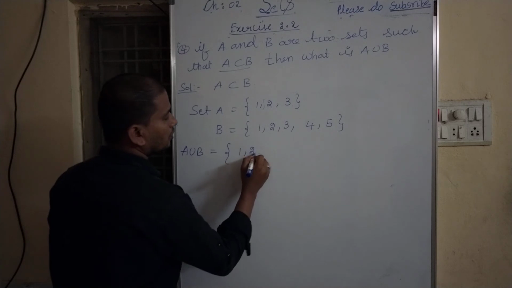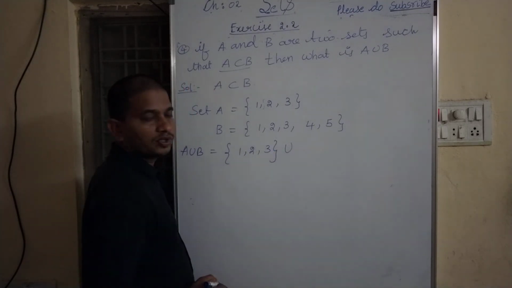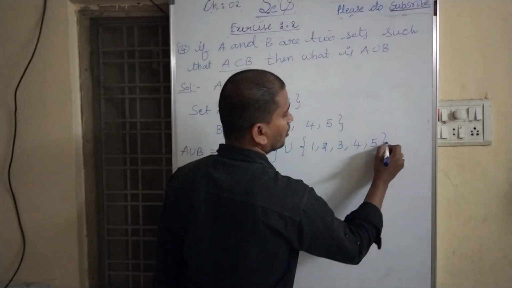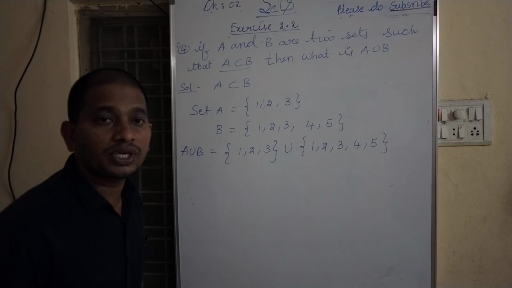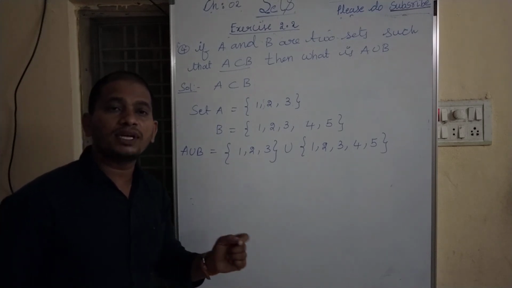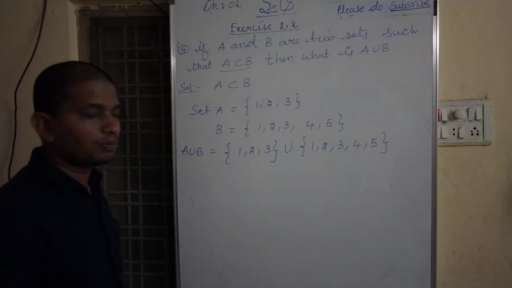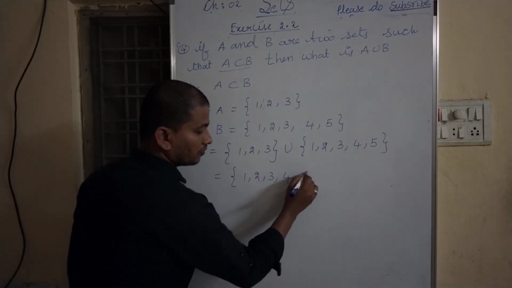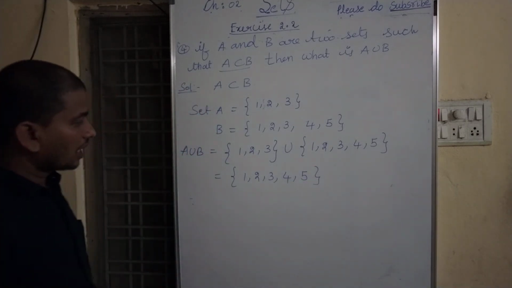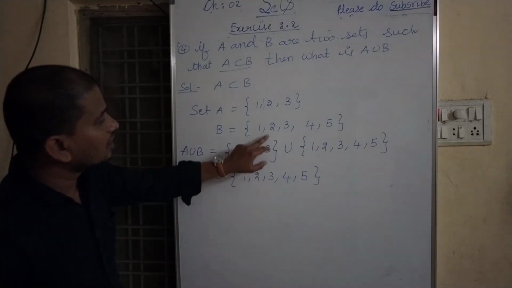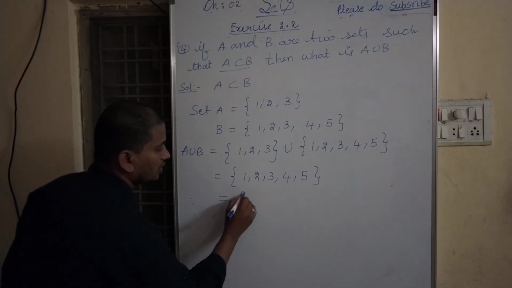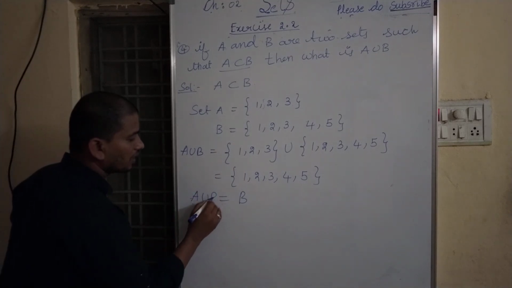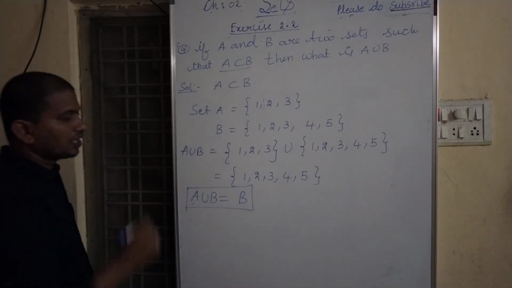A means 1, 2, 3. Union B means 1, 2, 3, 4, 5. What do you mean by union? The set of all the elements in set A and set B. So A union B is equal to 1, 2, 3, 4, 5. I mean, 1, 2, 3, 4, 5 is nothing but set B, or not? Yes, we got set B. So from this what we understood? If A is a subset of B, then